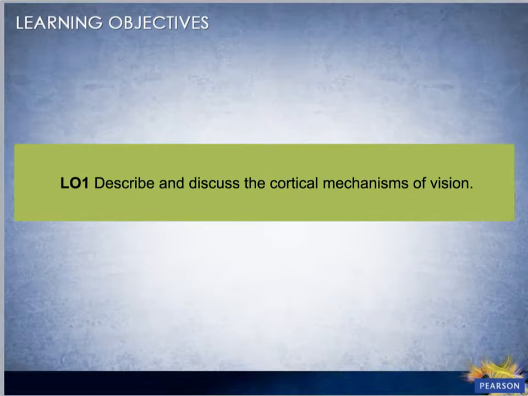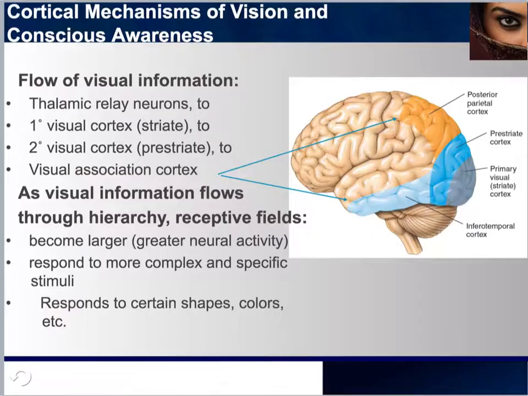In this module, we will learn and discuss different cortical mechanisms of vision, because reaching the striate cortex is the beginning of an output that the brain will generate depending on what the object or what the sight is. There is much more to the human visual system than just the eyes. The entire occipital cortex, as well as the large areas of temporal cortex and parietal cortex, are also involved in